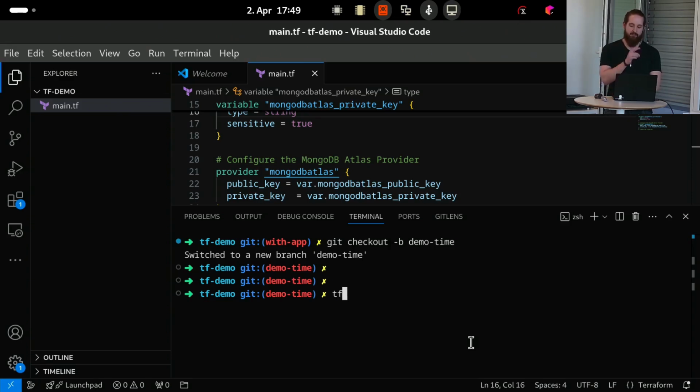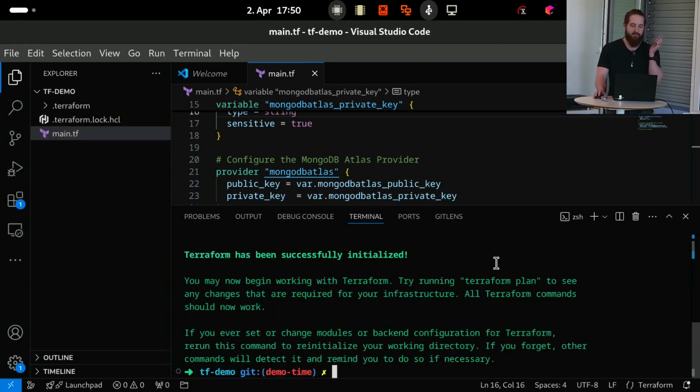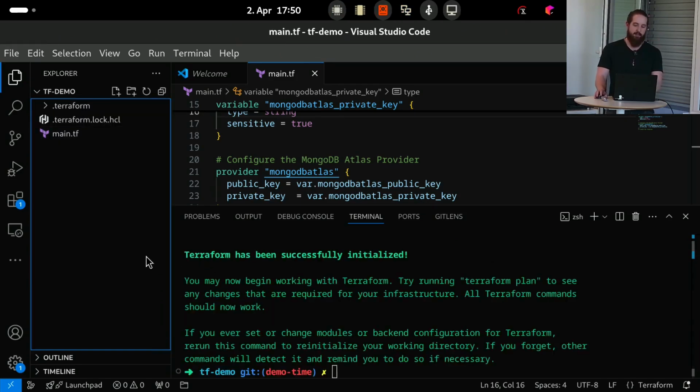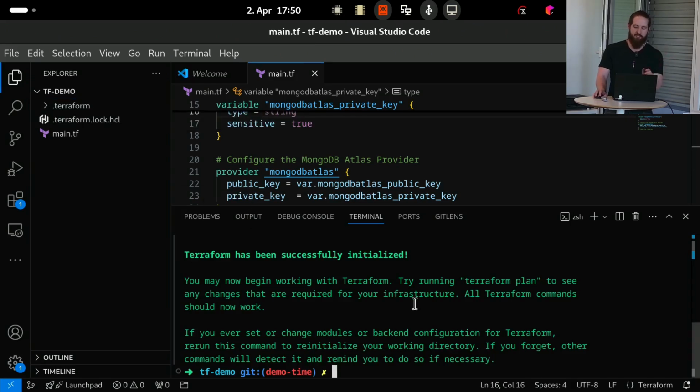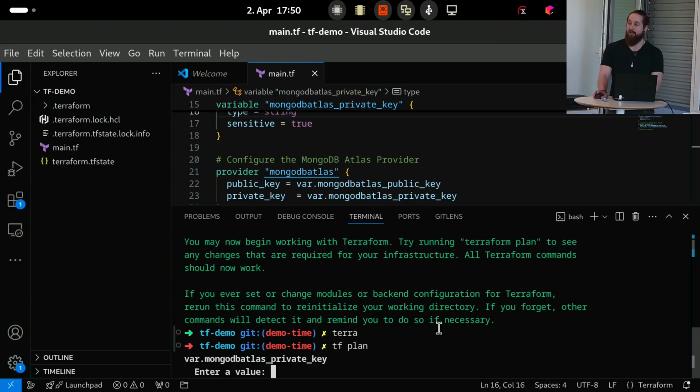I just added the alias TF. TF is always Terraform, but I'm just not writing Terraform all the time, so let's just do terraform init. And now it will look for the provider that we defined here and initializes an empty state. And yeah, now we have Terraform initiated. If we do a TF plan,